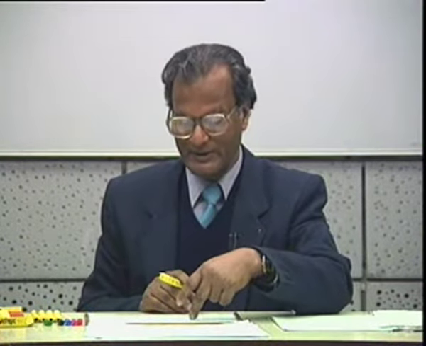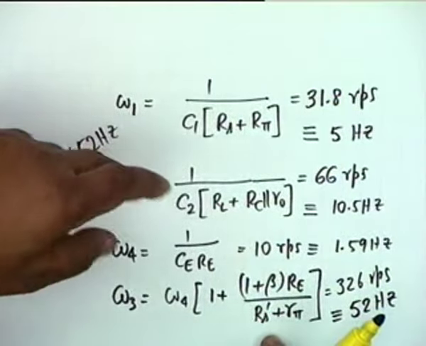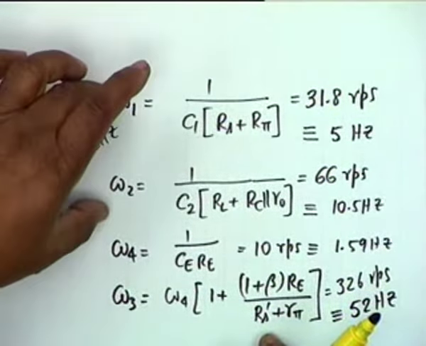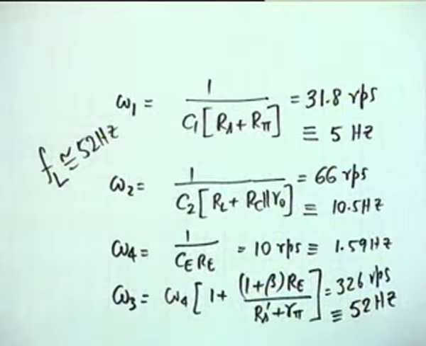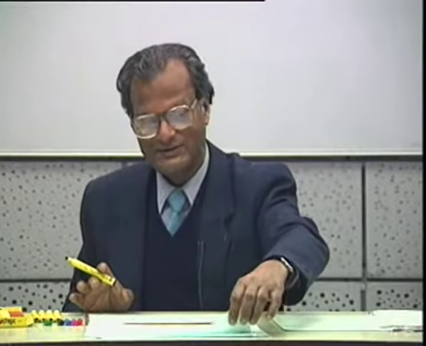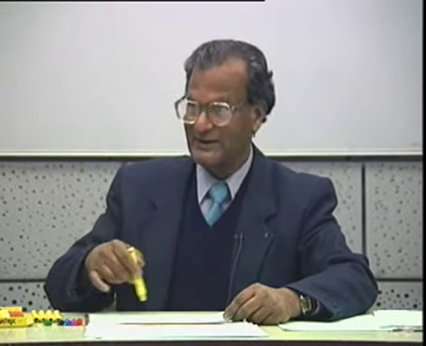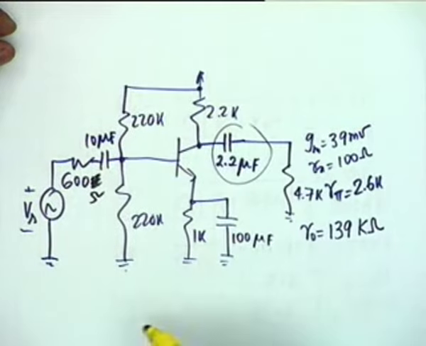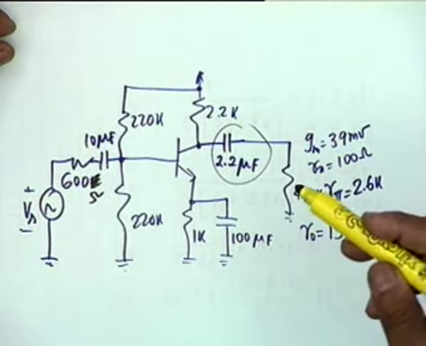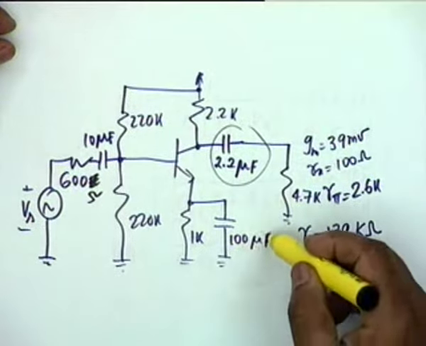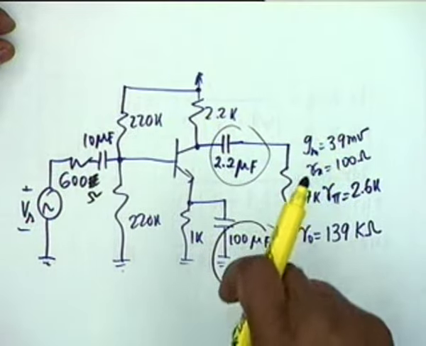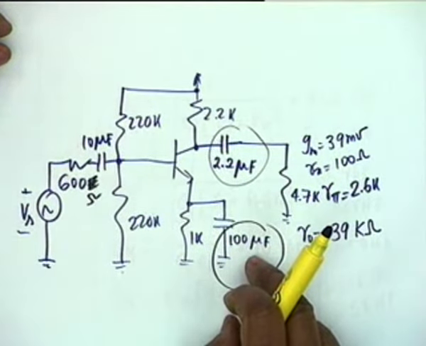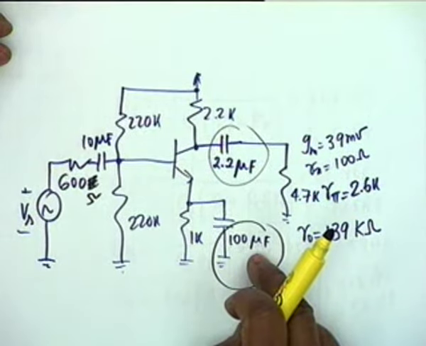Suppose only omega 1 and omega 2 are comparable, and omega 3 is much lower than omega 1 and omega 2, then obviously you have to solve a quadratic equation. But if one of them dominates, nothing like it. And this is where I am going to now. One was expecting in this circuit that perhaps C2 shall dominate, but alas, contrary to our expectation, it is C3 which dominates, because omega 3 is the cutoff due to C3. Even at 100 microfarad, we could not make it a non-dominant factor.